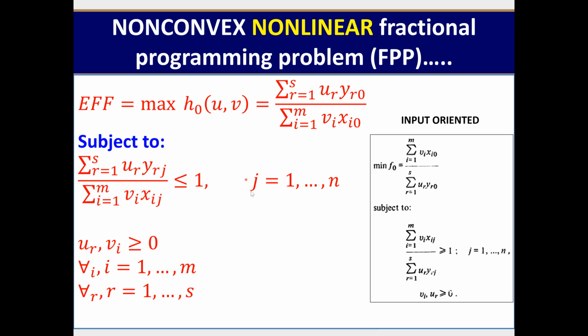from 1 to N. So I am maximizing this ratio under the condition that if the same weights are applied to all the firms, they must not be greater than the user-specific value of 1. In other words, the weight must be 100%. That's what you're trying to say. The maximum number of the weight must be 100%, which means it can be less than 100%, but the maximum